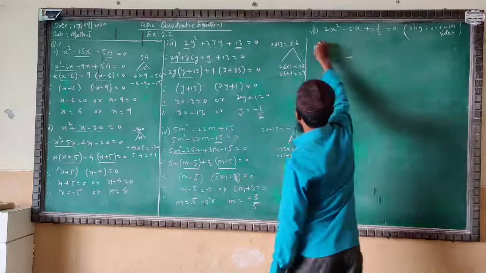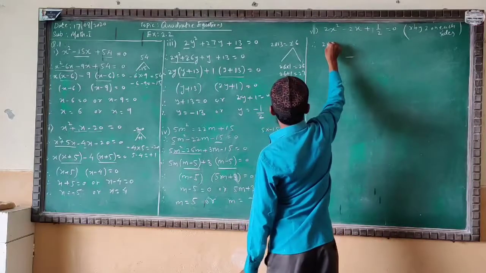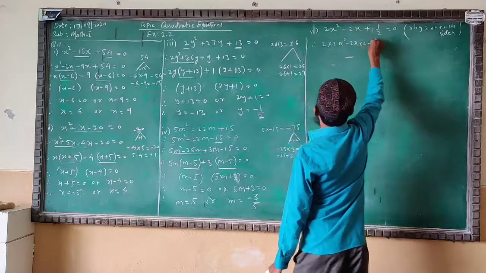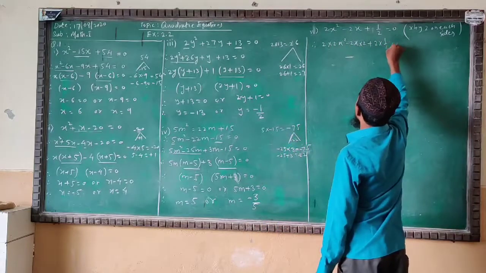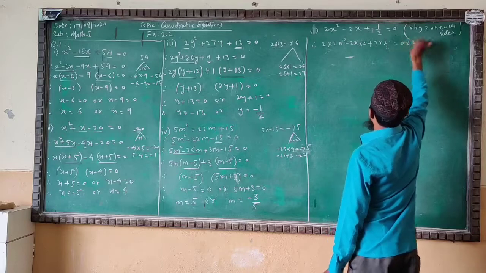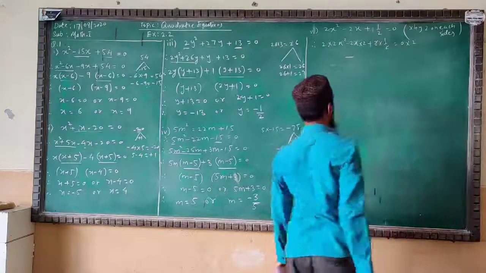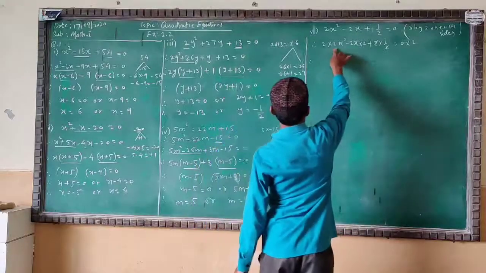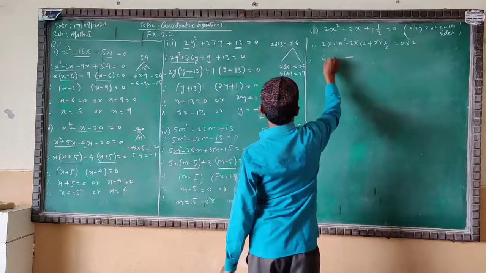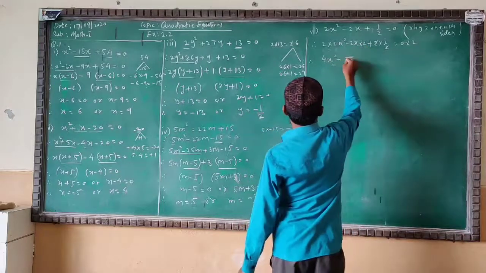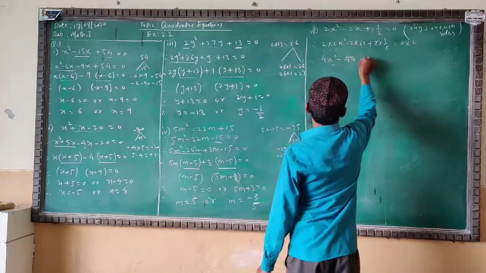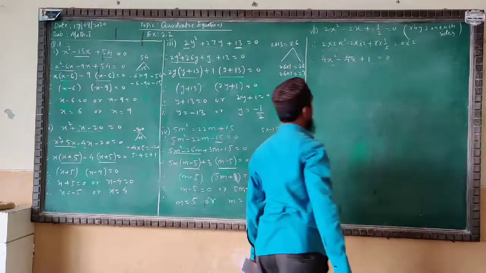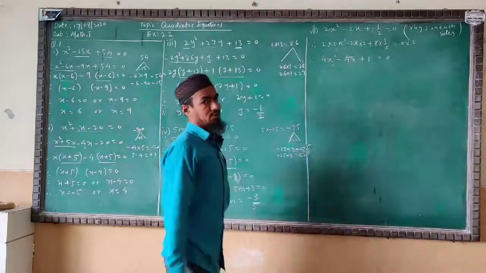In the equation we are going to multiply here. We are going to multiply 2 into 2x square, minus 2x into 2. Here also 2 into 1 by 2, and 0 into 2. This 2 will be cancelled with the 2. Now continue. 2 into 2 you get 4x square, 2 into 2 you get 4x with minus sign. Here you have plus 1 only and 0. We got here the correct form of the equation.